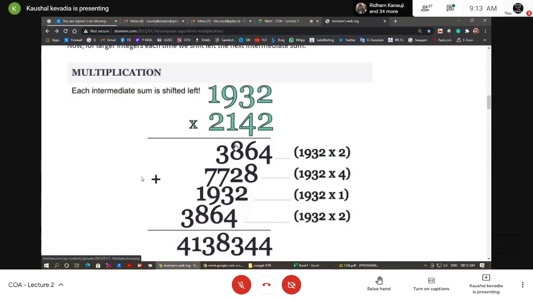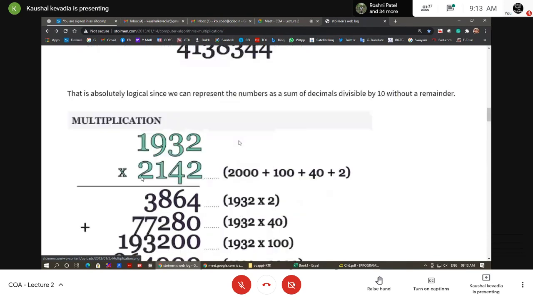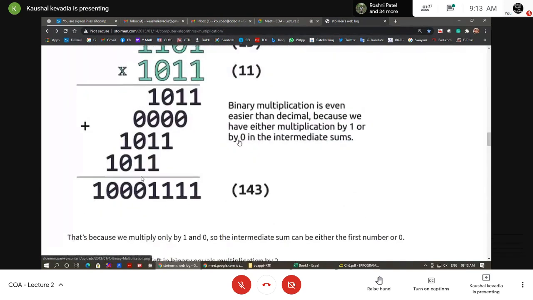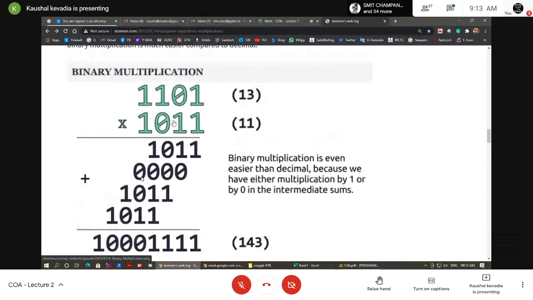But actually this calculation we are doing is based on the idea that if we have binary numbers, how can we do this thing. Okay, so let me study this for binary numbers. This is an example of binary numbers. If we don't have any algorithm right now, how can we perform this kind of multiplication? So there is 1101, it is the number 13 in decimal, and 1011, it is 11. Okay, so let me do the multiplication.